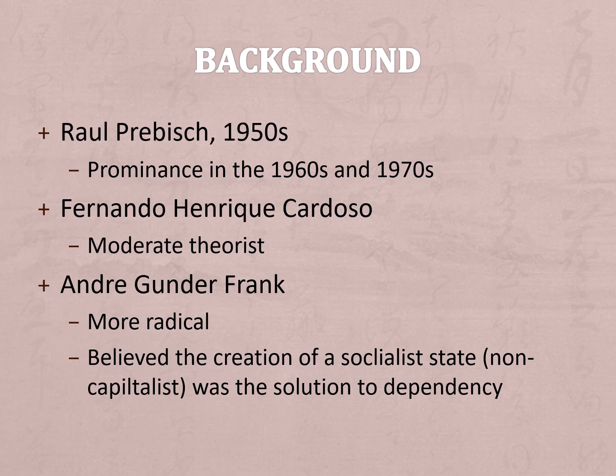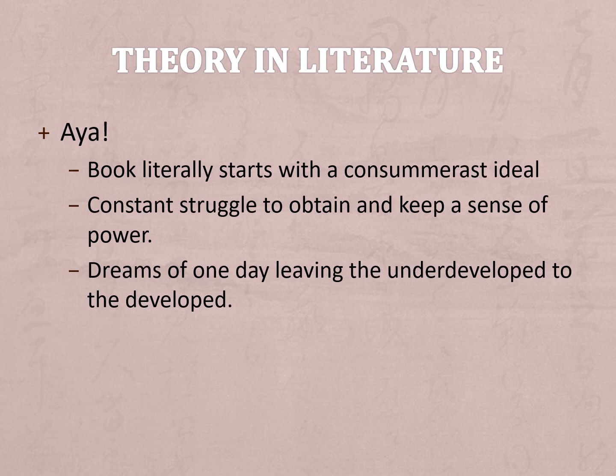One way we as a class see this theory in action through our literature is in Aya. In Aya, there was a constant struggle for goods and power. Even those who had power were on the constant verge of losing what little they had gained. We see this through the character Sissoko. Sissoko was the owner of a beer company, and he was on the verge of losing this beer company, mostly because the people locally weren't buying it because they really couldn't afford it.